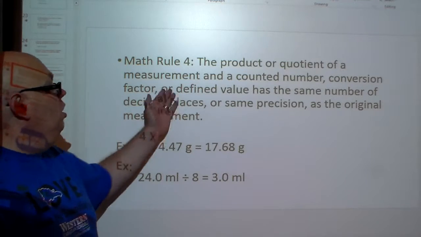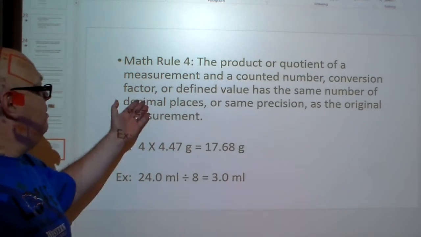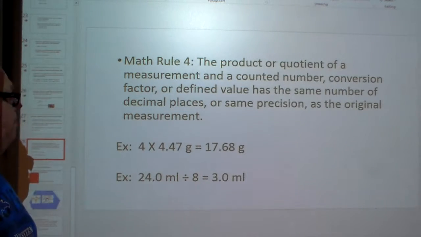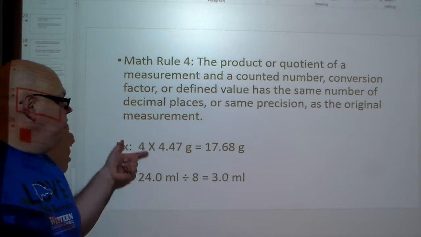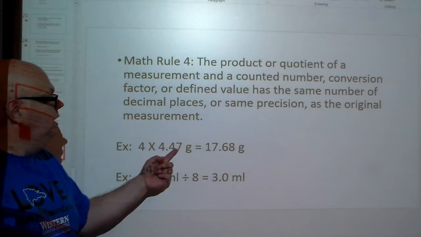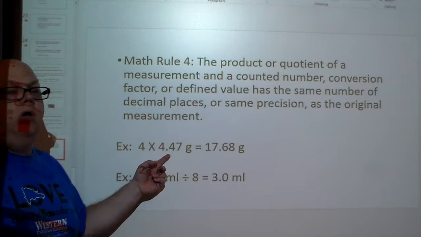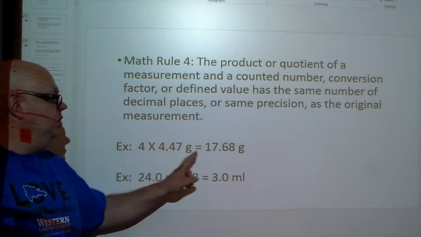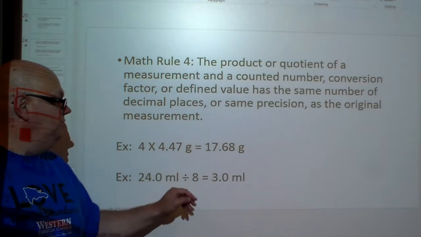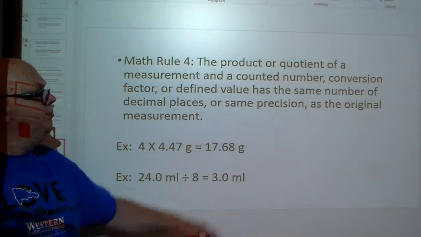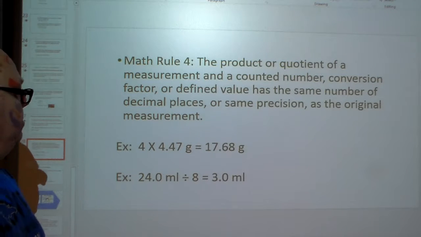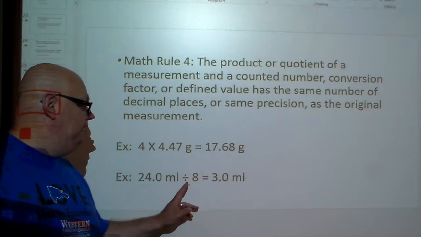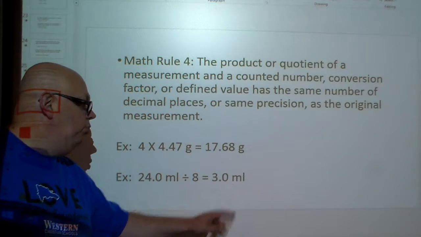A conversion factor or defined value has the same number of decimal places, or the same precision, as the original measurement. So when we're looking at this, we're going to look at how far the precision goes. In this case, it goes to 2 decimal places. So we're going to take 4 times 4.47, which is equal to 17.668. So we're going to look at 24.0 milliliters divided by 8 equals 3.0